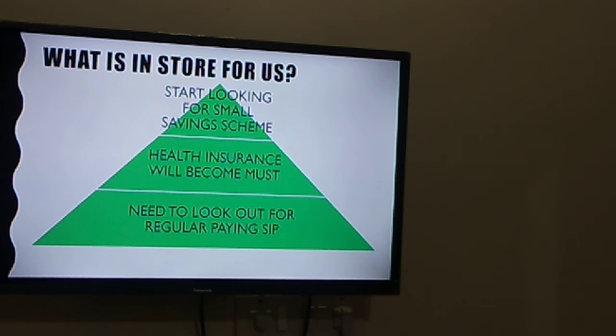Healthcare and health insurance will definitely become a matter of importance with the current COVID scenario and people taking a very, very serious toll in terms of their lives and risk factor. Health insurance becomes very, very important for us. So people will invest and must invest in health insurance. You need to save money and put your money in valuable health insurance so that you will be able to protect your life for longer years ahead.